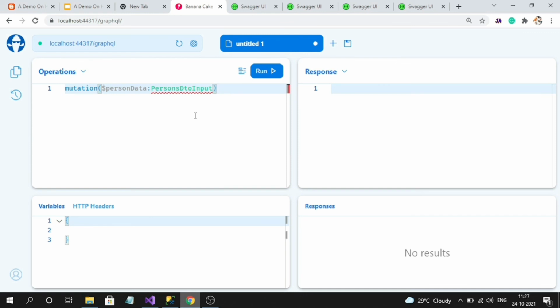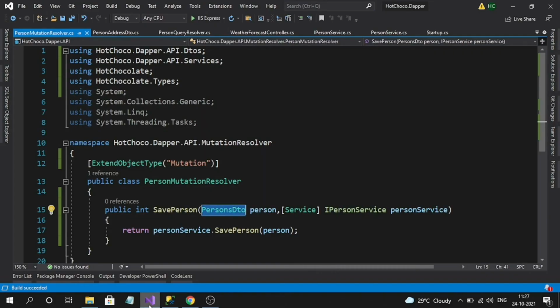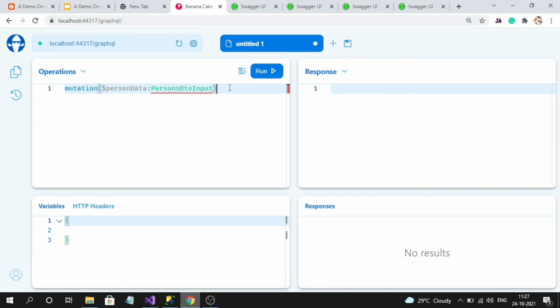If you don't have IntelliSense, you need to remember that. Something like, if your DTO is CustomerDTO, think like it is a CustomerDTO. Then while querying, you write CustomerDTOInput, you need to append Input. If IntelliSense is working, that's fine, very easy for us to query the request.